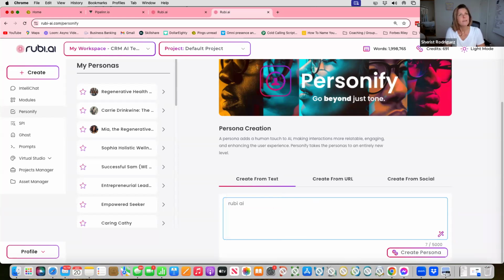Ruby AI is a tool any business owner can use to sell, use to market and run their business, let's just say.